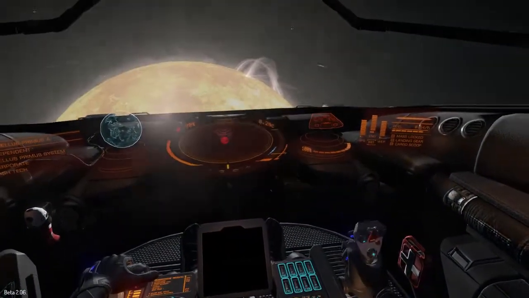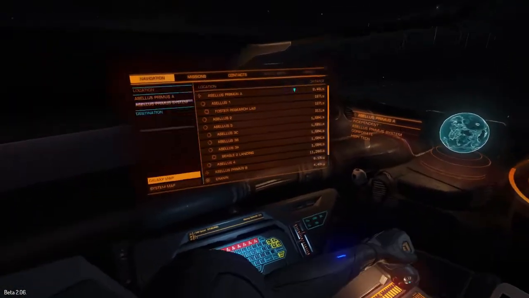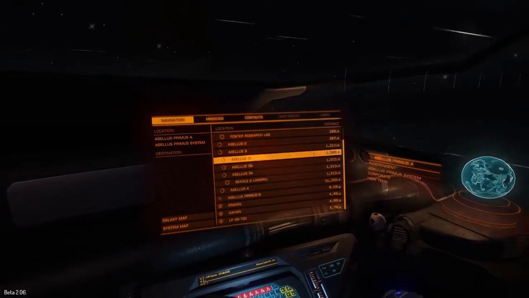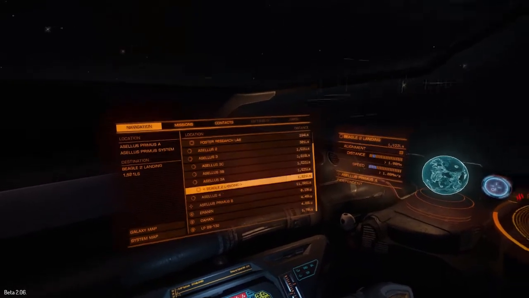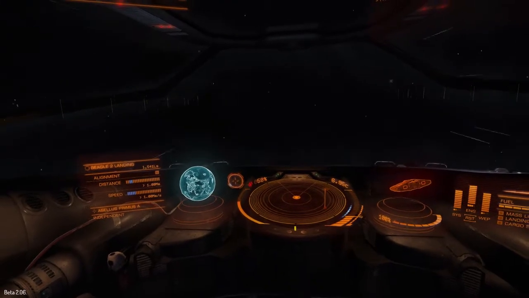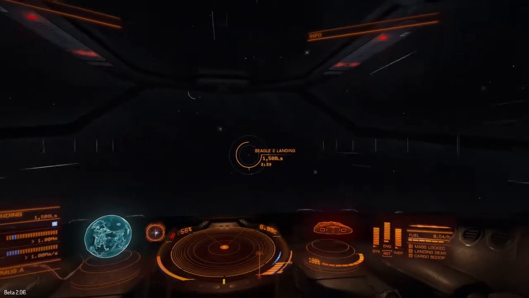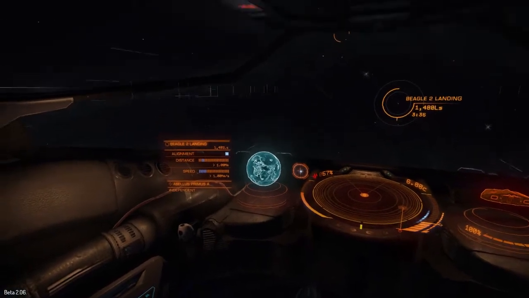Okay. So we want to lock on to the station here. Is it Beagles 2 landing? Yes, because it isn't the research lab. So, lock destination. Where is it? There it is. So, what sort of system is this? It's an independent, and I'm pretty certain...